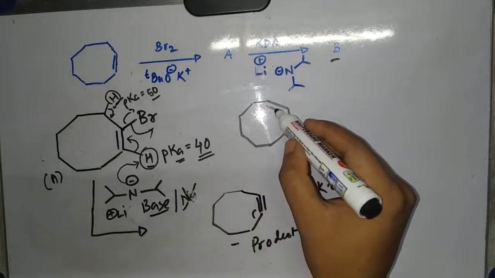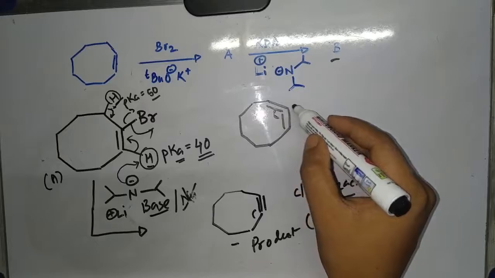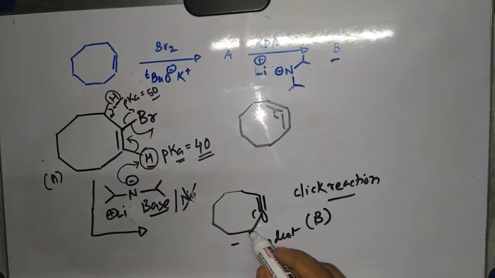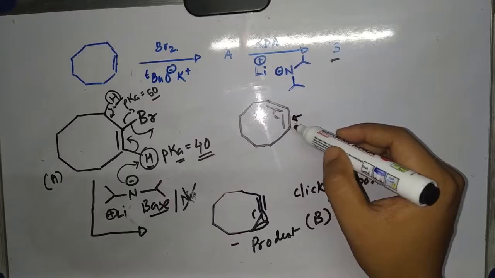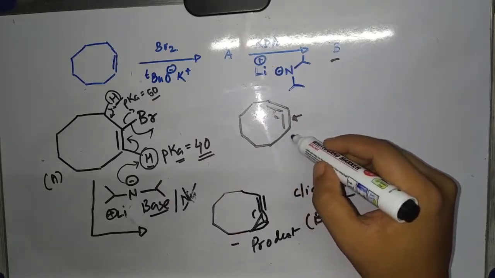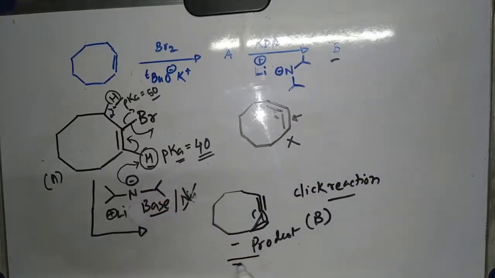In this case, the bending of this sp carbon is very difficult, because see, in this case the orbitals are like this. This is the sp hybridized orbital, this is the sp3 hybridized orbital. It can overlap like this, so it is slightly bent, but it can bear this bending. But in this case, the double bond bending cannot be bearable, and hence this will be very unstable, and this is not formed. So therefore it will preferably go in this way, and it will form this cyclooctyne as a final product. So this is the structure B, and this is the structure A. So hope guys you understand.